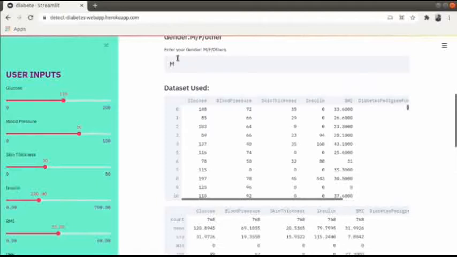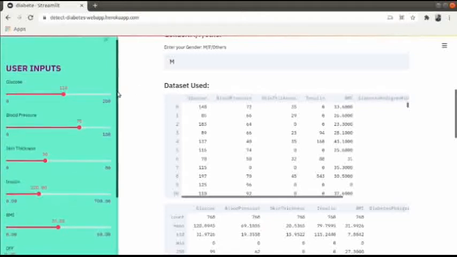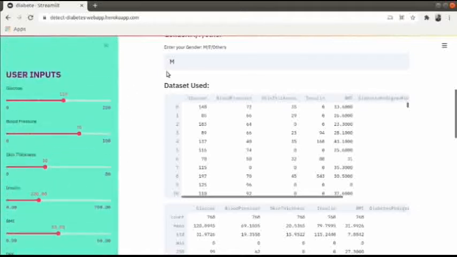So we have inputted the gender as male, and there was a pregnancies column, so in the case of male we have dropped that column out. Similarly, we do not give you the option to select pregnancies when you have selected male or other category of gender, but it will be provided when a female uses this app. Let me show you.